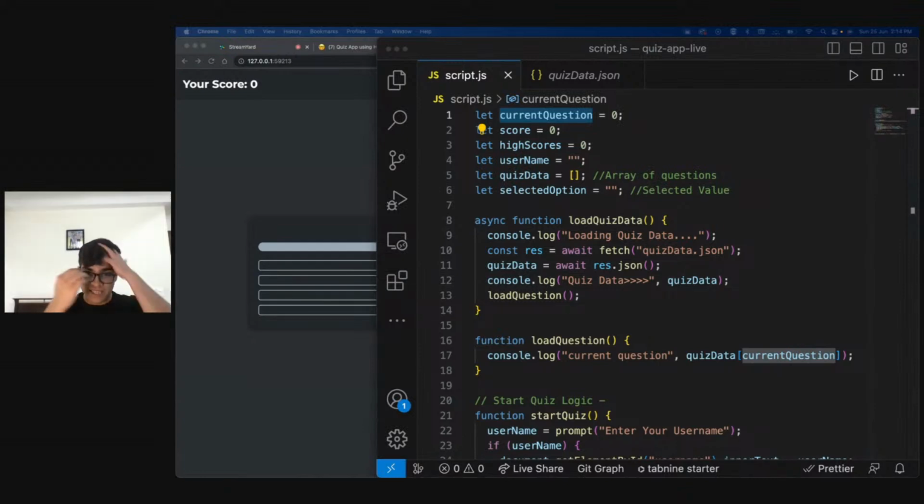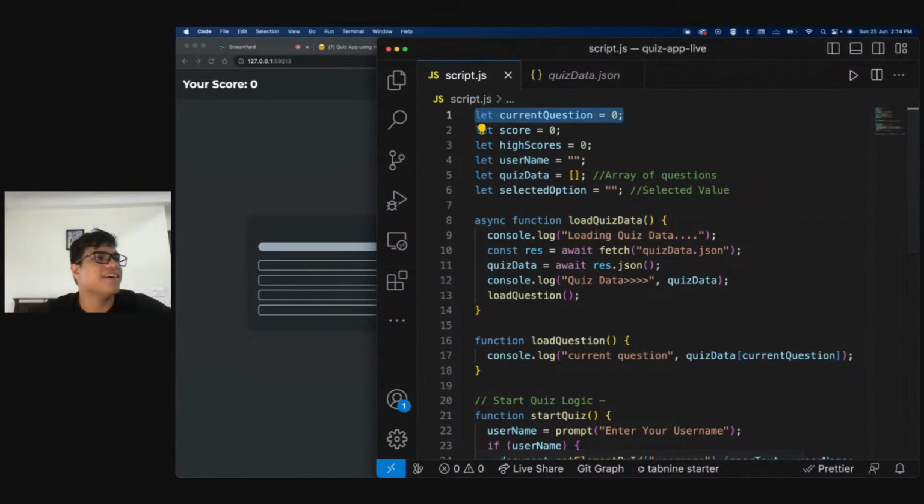All right. So what do you guys think about this? Did this make sense? We will be loading a question, and every time we load a question, we'll be getting the current question index. Now, this is the main thing. This is the main deal, and that's about it, right? So, is this clear to everyone? You guys tell me.